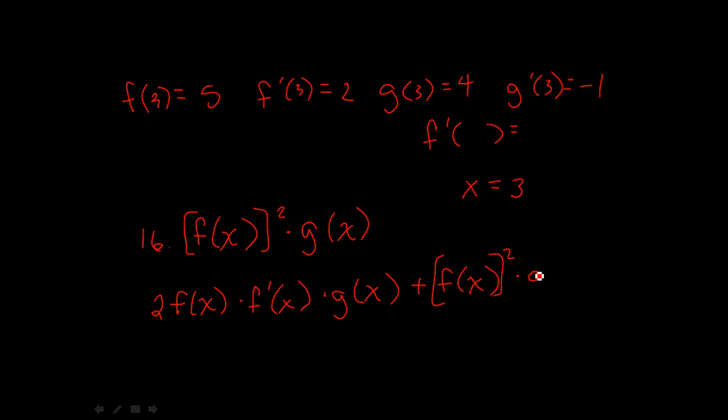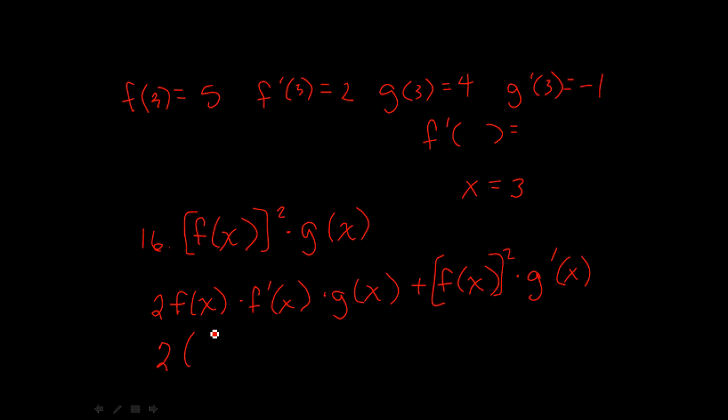And then we take the derivative of the second part, which is g prime of x. So again, I took the derivative of the first one using the chain rule, kept the g of x the same. Then I took the derivative of g of x, which is just g prime, and then kept the first one the same. So now, if we plug the numbers in, since we want it at x equals 3,